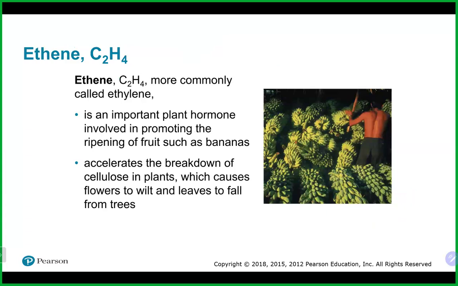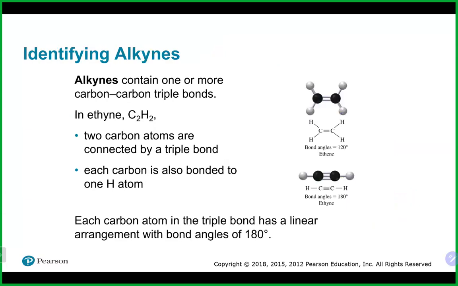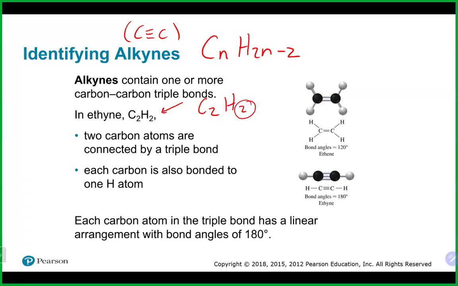All right. So ethene is sometimes called ethylene, and it's an important plant hormone. When we look at alkynes, these again have the functional group of a triple bond, and they have a formula of CnH2n minus 2. Because they have 3 bonds, they lose 2 hydrogens when they make the double, and they lose 2 more when they make the triple. So here we're actually subtracting 2 to get the proper number of hydrogens. As you can see here, 2 carbons means 2 times 2 is 4, minus 2 is 2 hydrogens